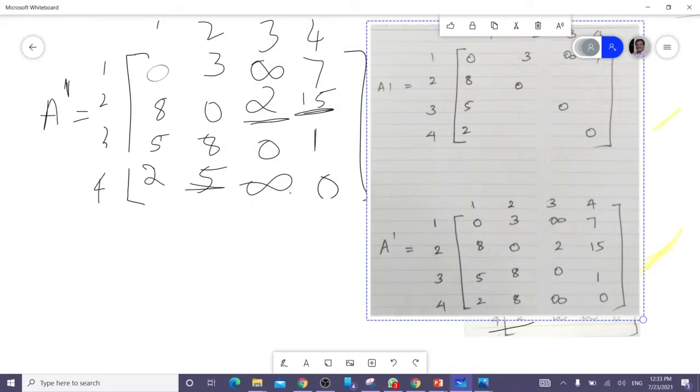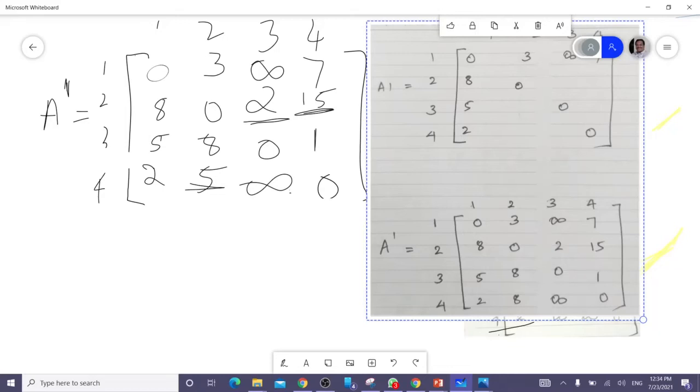How did you get A1? It is after the first iteration. A1 means A first iteration. Now I got this next, in the second row, 8, 0, 2, 15, then 5, 8, 0, 1 and 2, 5, infinity, 0. So this is what we have got.